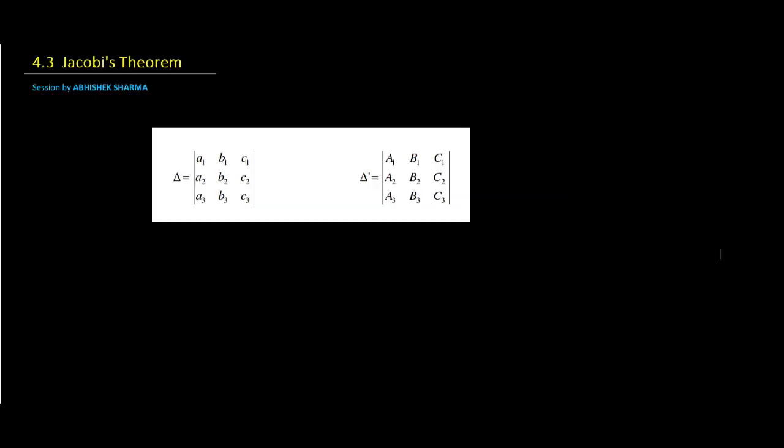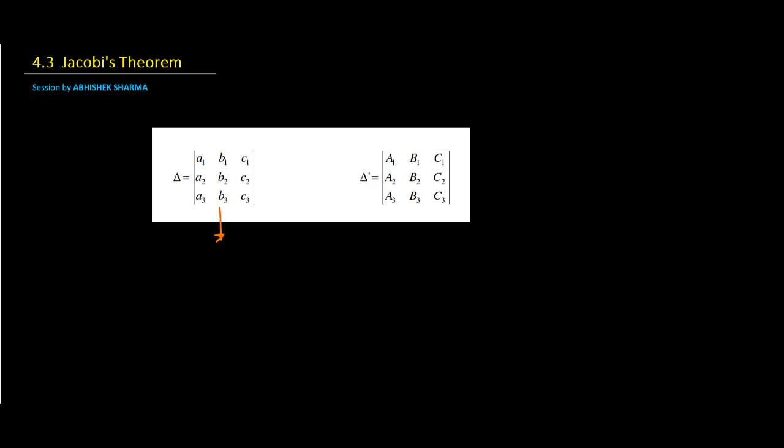Hello friends, we'll now understand a very important theorem of linear algebra which is called Jacobi's theorem. So now let's understand the statement of the theorem and then we'll prove the result. The statement of the theorem says that suppose you have a determinant